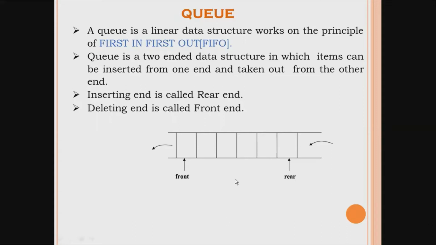Now let us see the real-time applications of the queue. The real-time applications of the queue include people waiting in a line at banks, supermarket counters, as well as the computer science applications like task scheduling, job scheduling, call center phone systems uses queue, printers shared by the students in a lab. These are some of the applications of the queue.